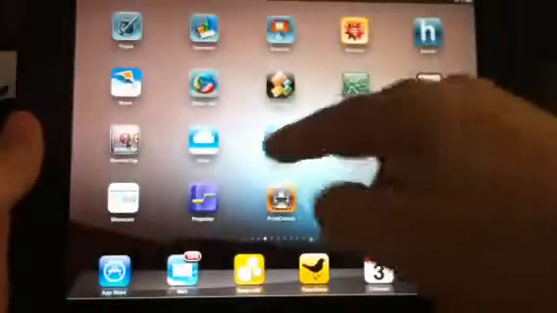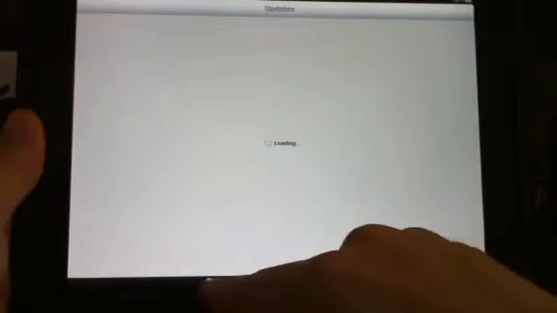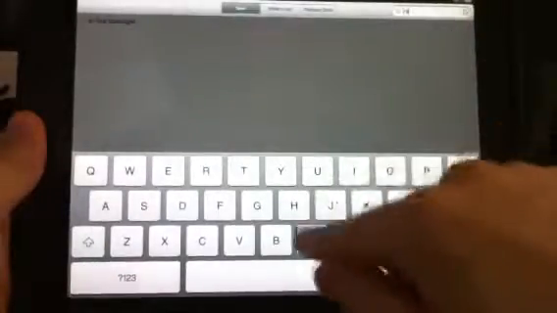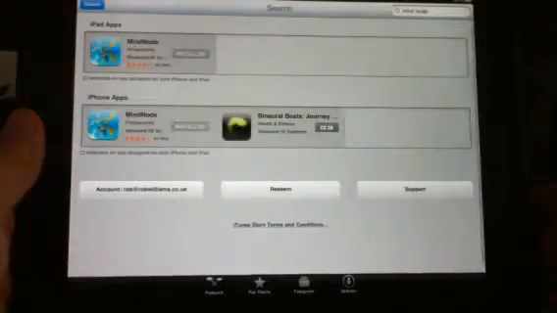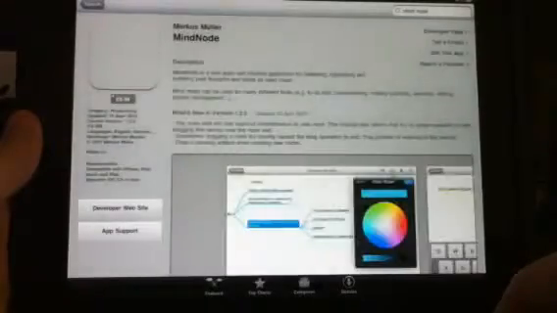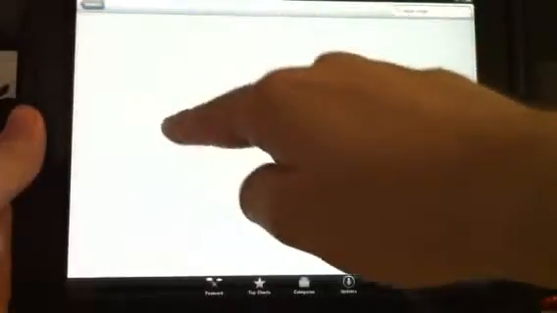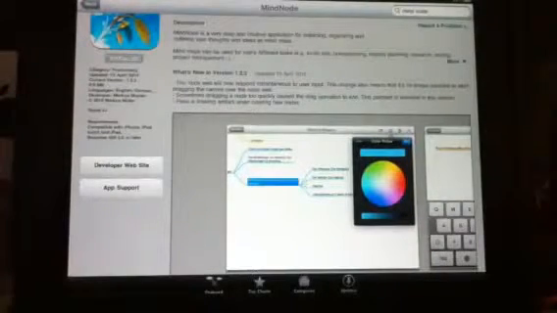Go back there again. It's called MindNode. If we have a look on the App Store for it, then you'll see it here, MindNode. It's an iPhone app as well as an iPad app. And it costs £2. I think that was £2.49. It's difficult to see. Let's just have one more look. It costs £3.49. So I mean, it's a little bit pricey as an app,